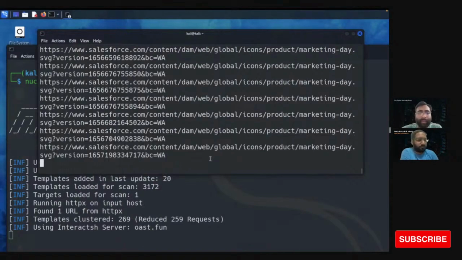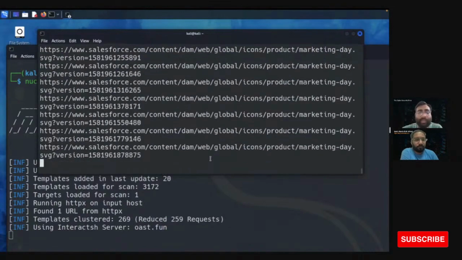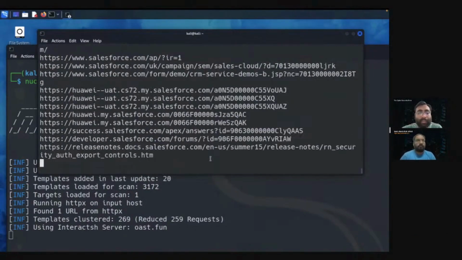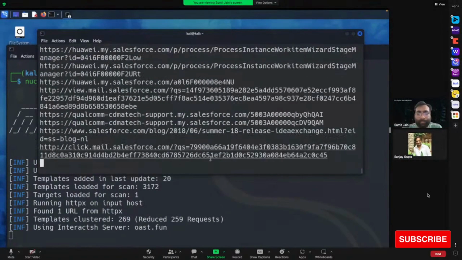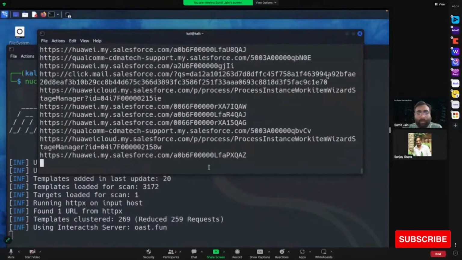So if you have a target related to your Salesforce CRM, you can collect subdomains first, then find all the possible links that your website is using, and then run all these links into Nuclei and find some potential security vulnerabilities. Both the tools are running. So let's switch to our main website and see if we can find something manually or not.